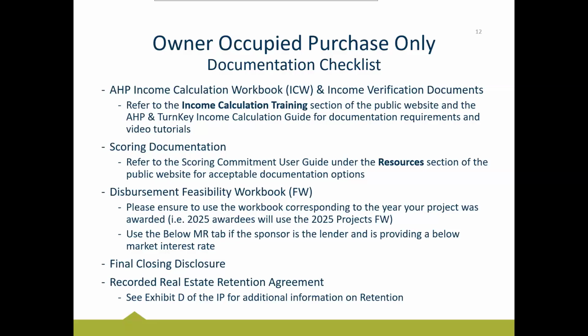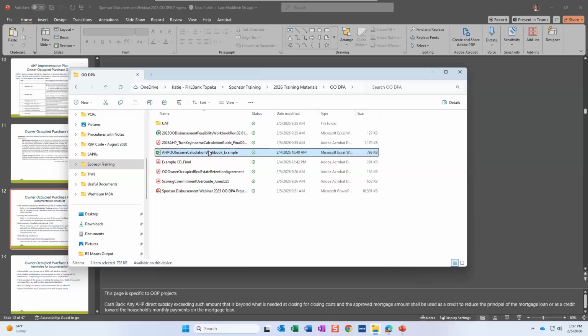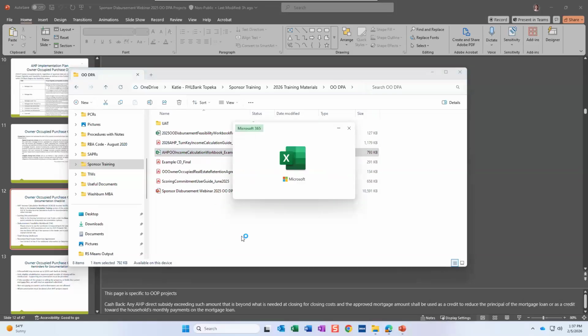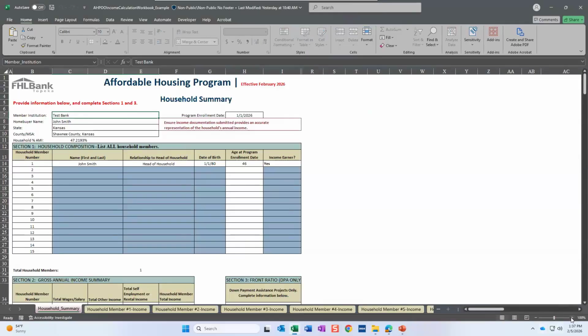I am going to pull open a workbook just here briefly. Again, going to cover it very high level, just so you can at least see it. And then if you have specific questions, again, don't hesitate to reach out to us. This workbook I filled out with some just test information. So just to give us an example, so it has something in it. Let me make it a little bigger here.